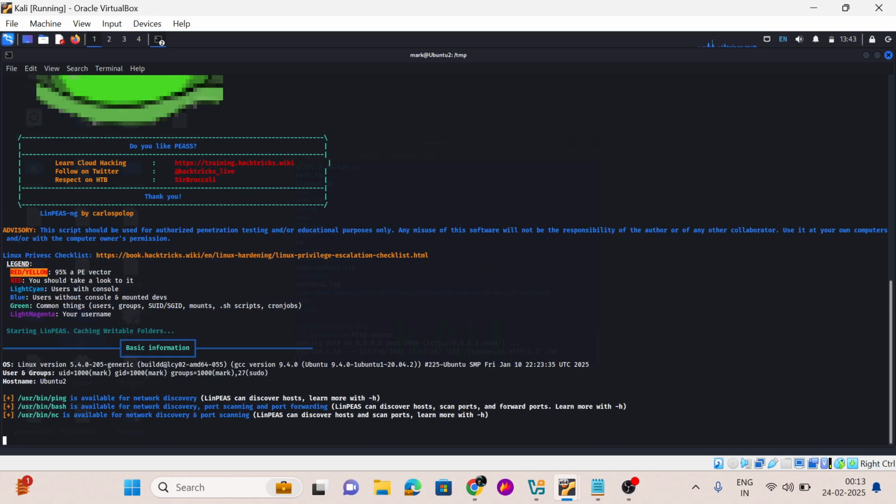As you can see, this is linpeas. Basically, it's kind of a hardening tool. With the help of this tool, we can get more information about our target, what kinds of ports are open, what critical privilege escalations are there. If I come back here, as you can see, it's saying that there is a 95% chance that we can perform the privilege escalation. It's checking the directories,